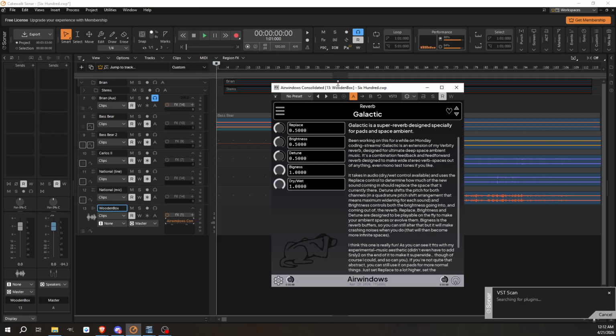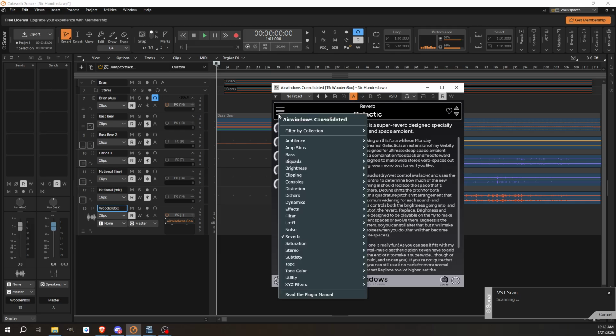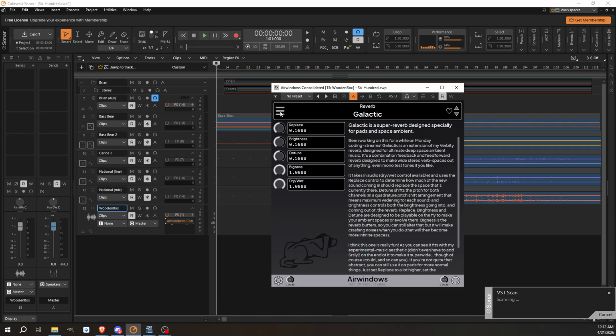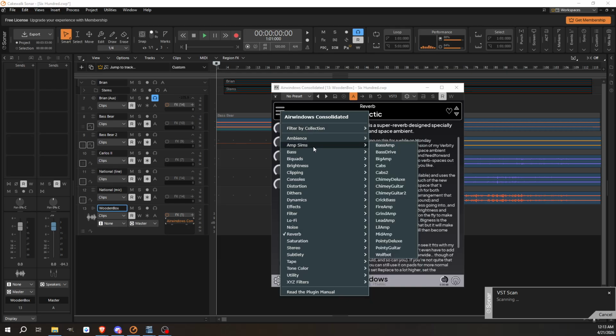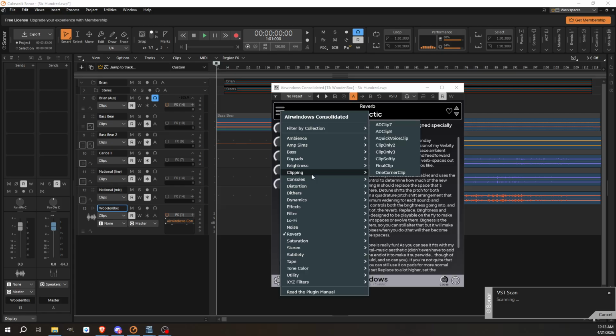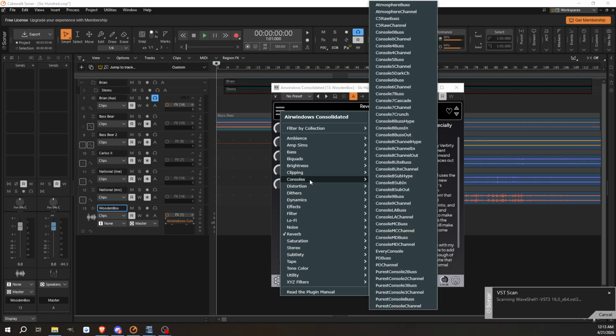For me, it defaults to the Galactic Reverb, but I think you can even set that according to your will. Filter by collection. I filter by all plugins. I believe the first time you download and install it, it defaults to recommended. If you want, here is the menu tab. Is it the menu tab? Anyway, the tab that gives you access to all the different categories and all the different plugins therein. They say there are upwards of 400 of them. I've never counted personally, but